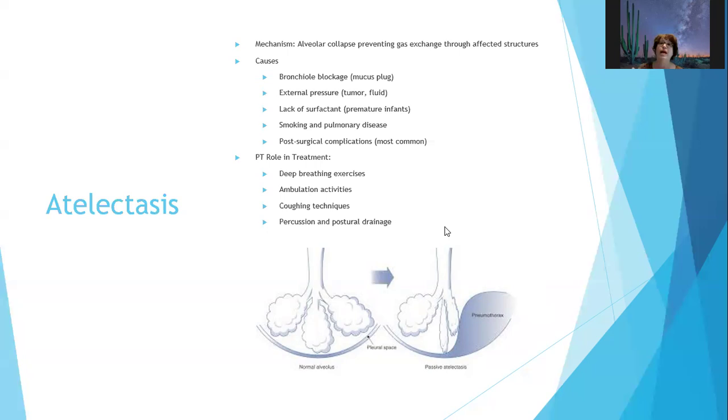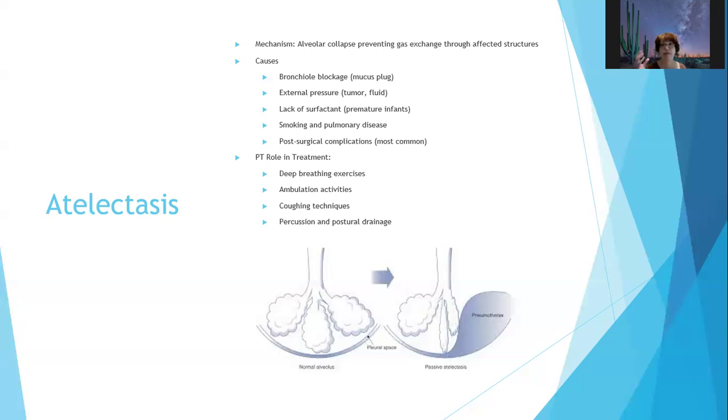So alveolar collapse prevents gas exchange through the alveoli that are collapsed. We need that little single-cell alveolus, which is surrounded by capillaries, in order to be able to exchange oxygen. So if air can't get in, that's a problem. So if there's a blockage in the bronchiole from a mucus plug or any other kind of material inside the bronchiole, or pressure from outside the bronchiole, maybe from a tumor or fluid,